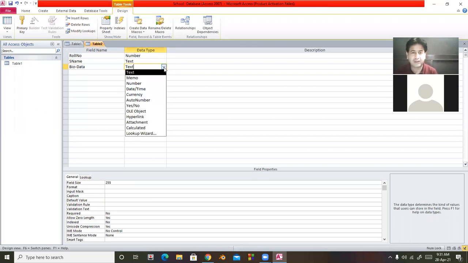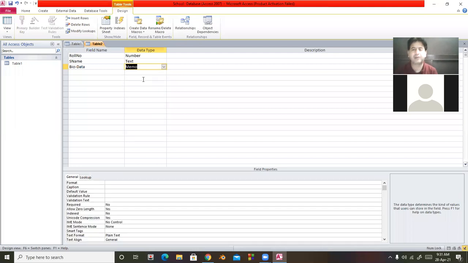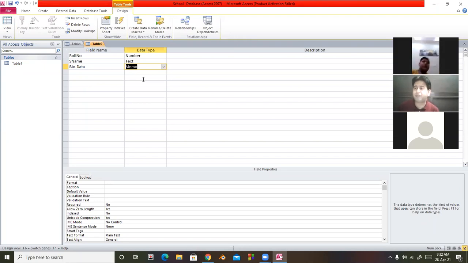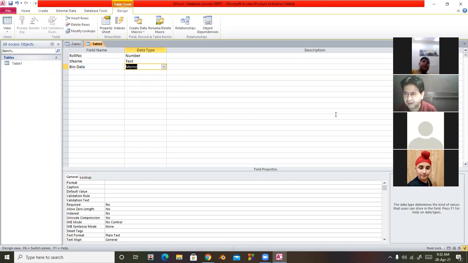In that case, you will have to take memo data type. So memo data type is similar to text data type. Here we can add alphanumeric values. Alphanumeric values means we can enter text, numbers, or symbols, but we can add a maximum of 65,536 characters. There is one doubt from Prabal. Yes.